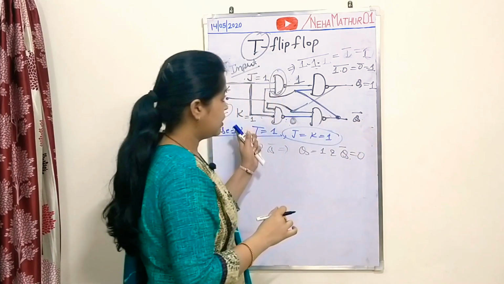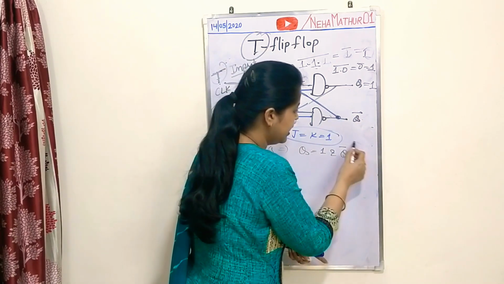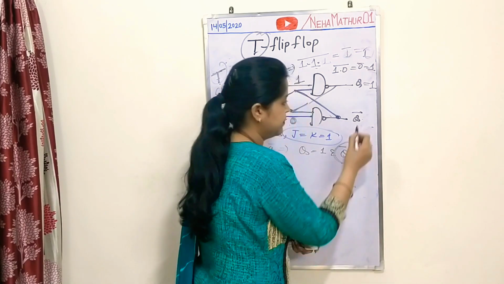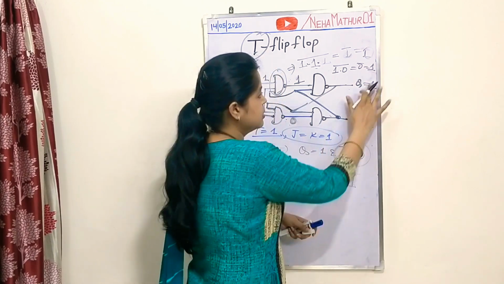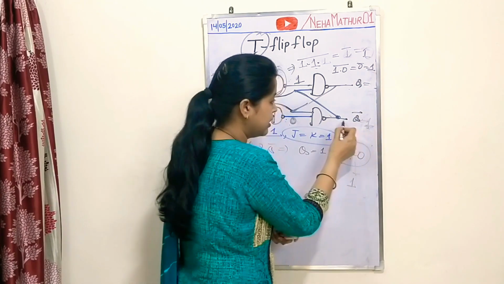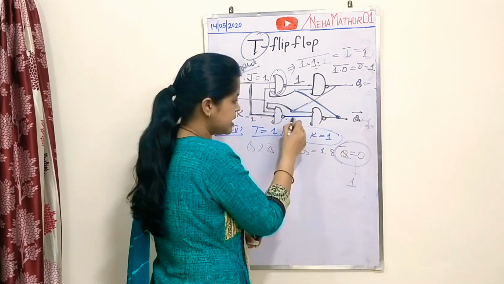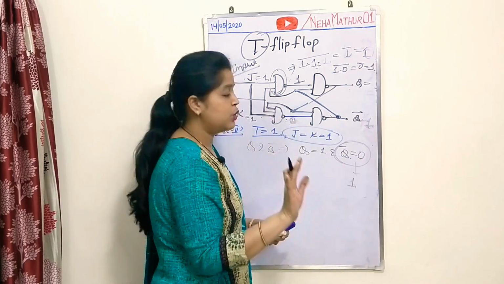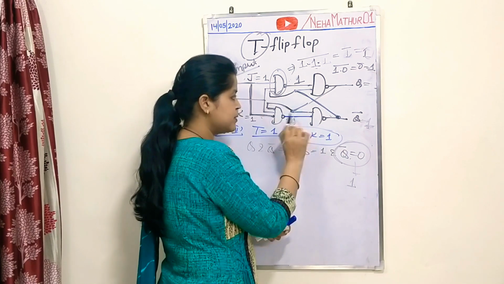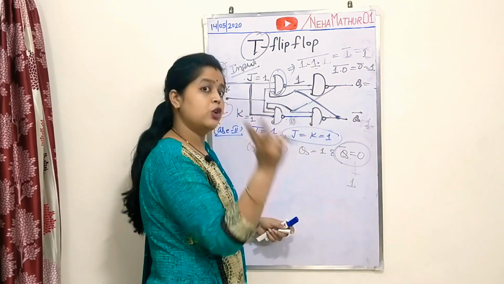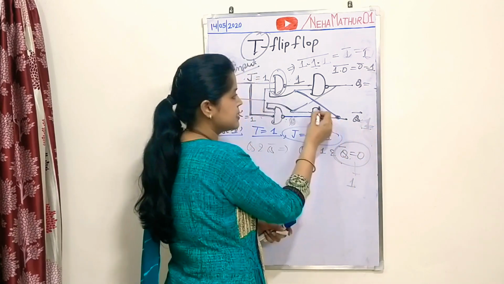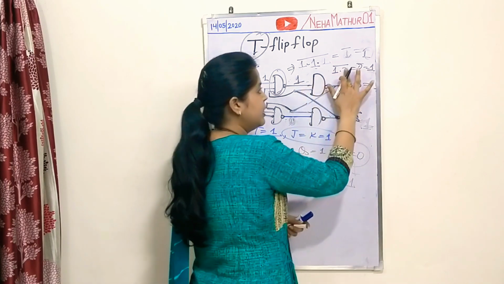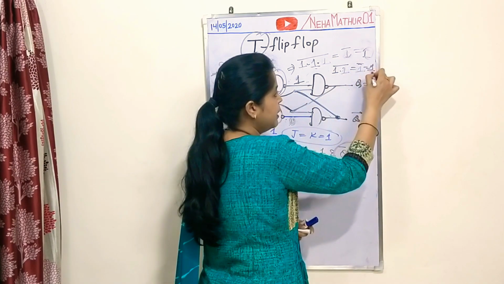So that means after the complete execution, you can say that initially you were assuming your Q bar is equal to 0, and now it becomes 1. Now come to this one. See, this is the 0. For this NAND gate, your one input is 0. Then there is no need to go to the second input, because when 0 is multiplied by the second input, it will be 0, and the complement of 0 will be 1. Now this one is coming as the second input for this NAND gate, where the first input is 1. So 1.1 will be 1 and the complement of 1 will be 0.